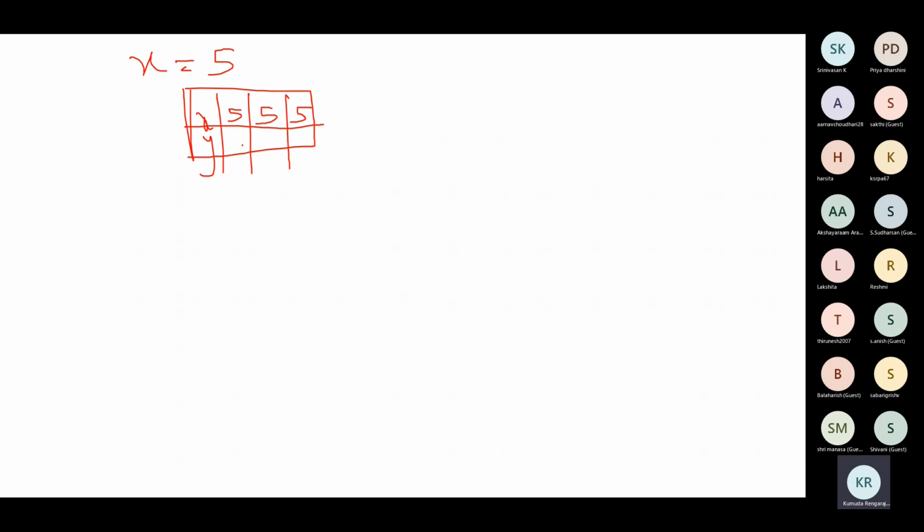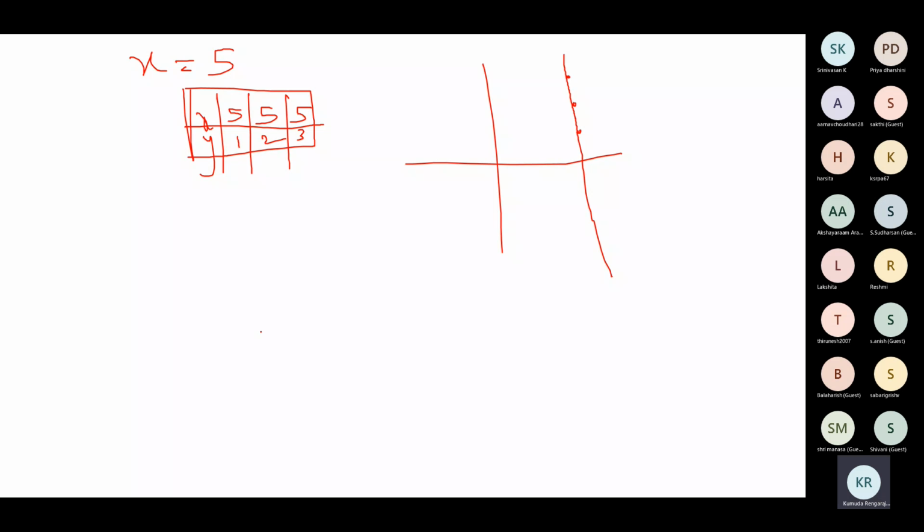Yes, Arnav? Don't know, ma'am. You can give any value for y. When x is equal to 5, it means x is always 5 for any value of y. Now when you plot the points (5, 1), (5, 2), (5, 3) and connect them, you will see a line parallel to